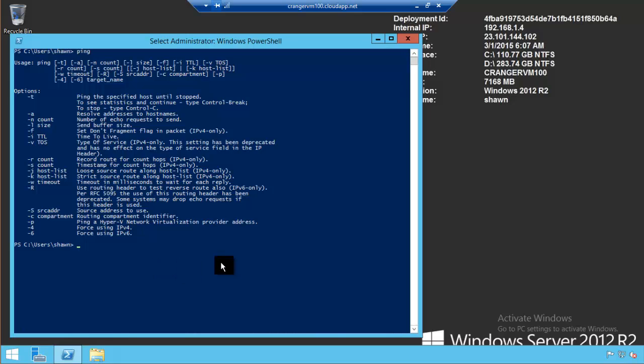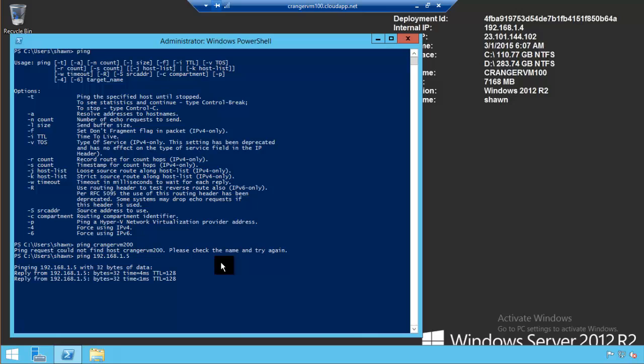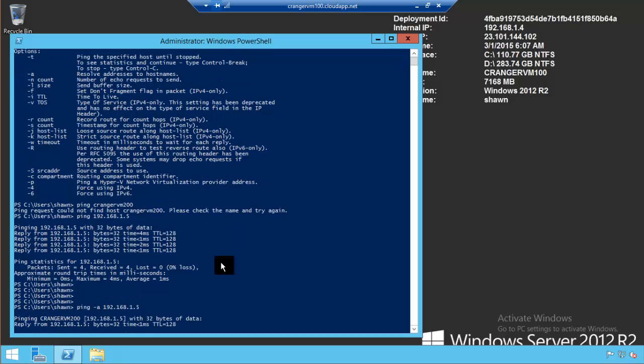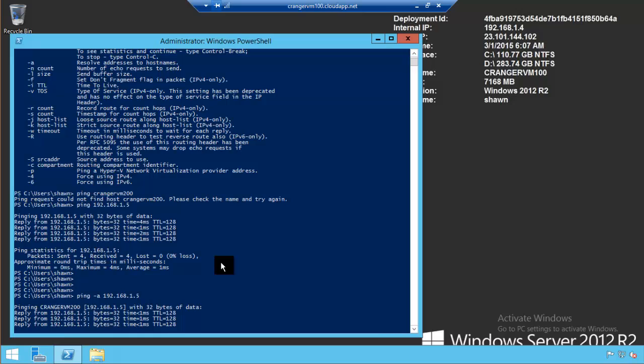So we know that from here, we can't go to CRanger VM200, right? But we could go to its IP address. So we could do 192.168.1.5. It's expected. This is the demonstration we just had. What I thought of doing was ping -a and 192.168.1.5. And what I found out is that